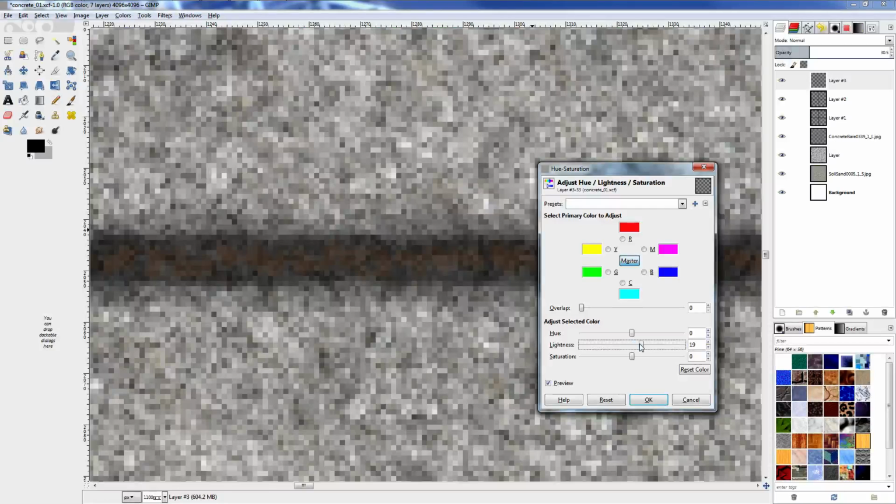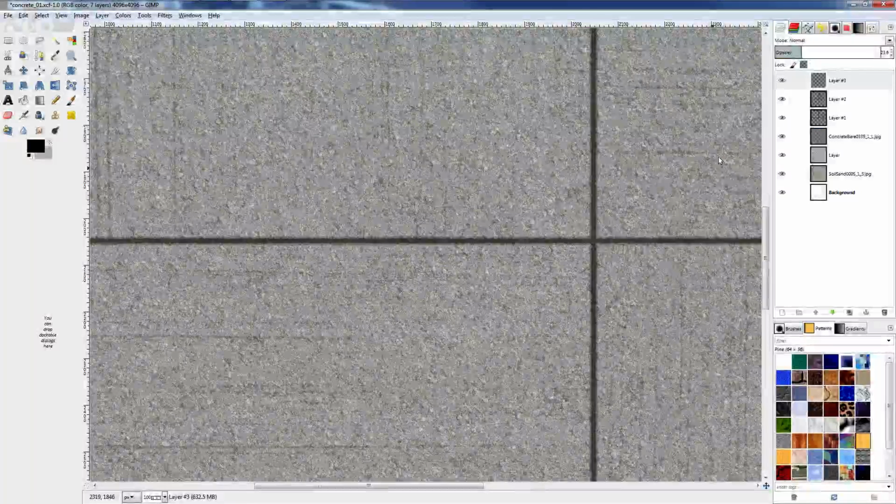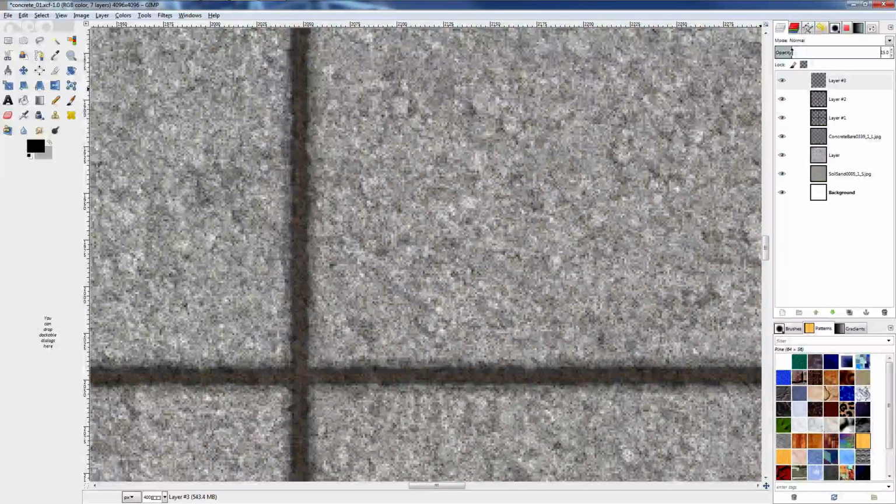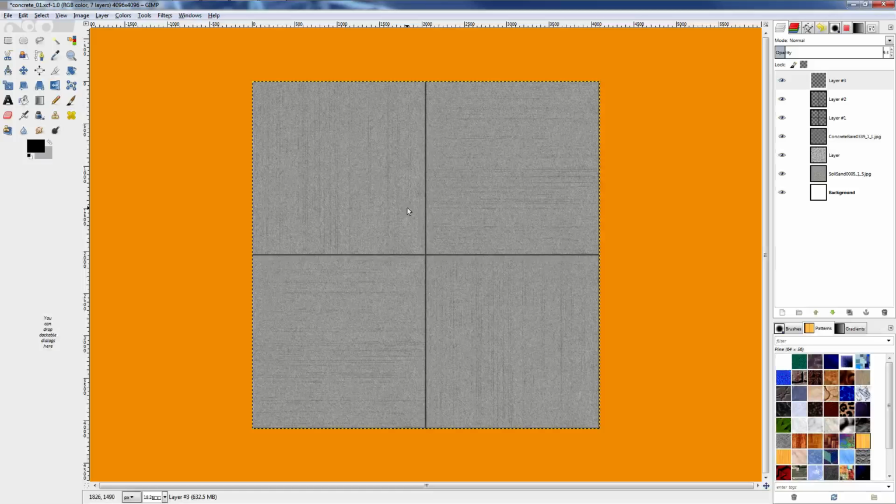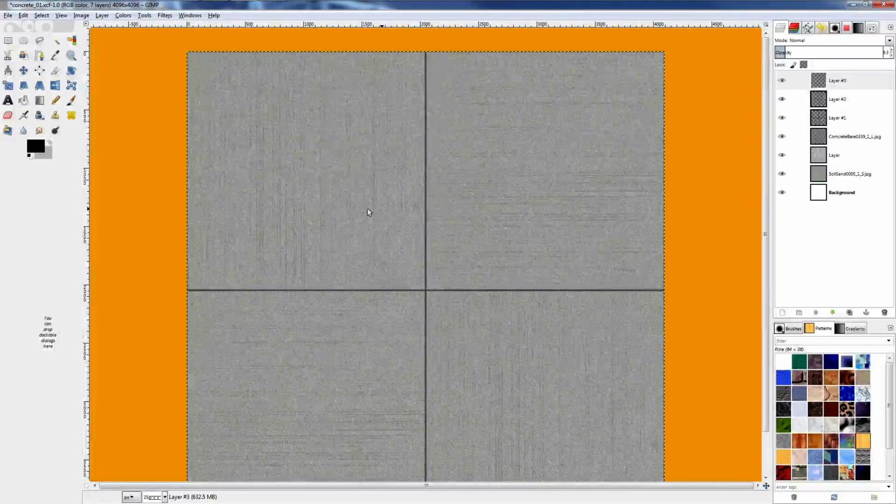This brown might be a little bit much. Of course, I kind of think it might need to be a little lighter too, so colors, hue, saturation, and just kind of lighten that up. Okay, and then bring down the opacity of that layer just a little bit more. It's still a little obvious, so I really need to just bring that back. That's better. Okay, I'm pretty happy with that actually. I feel like the grooves might be a little big, but again, you kind of need to be able to see them from the cockpit, so